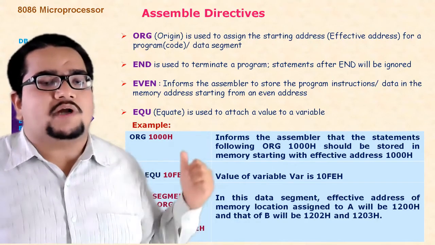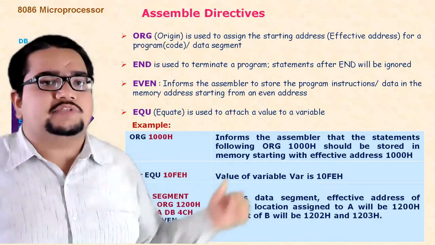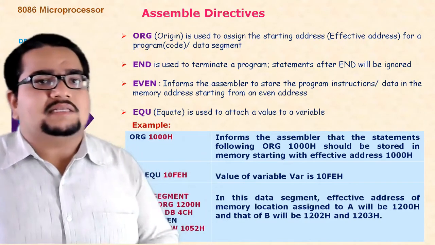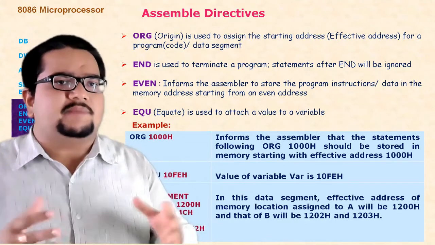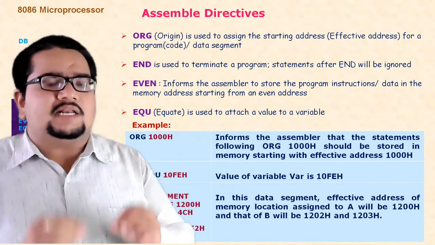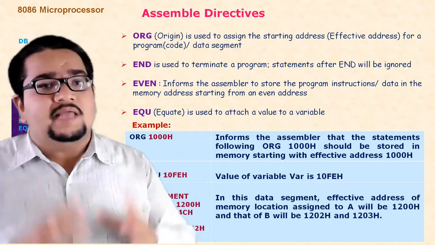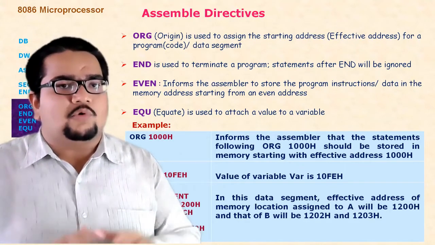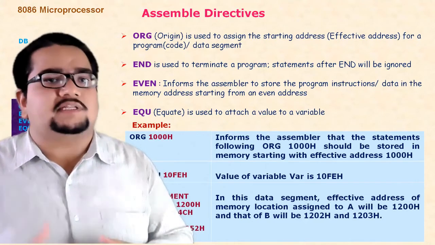Otherwise, if you are writing ORG in the data segment or extra segment or stack segment, in all those cases also, this becomes the effective address of that particular data. Now, another thing is END. So what does END mean? It's a general end. Suppose I write some label, I start that label and I want to end that label. Generally, after seeing the END instruction in assembly language programming, the assembler will assume that this is the proper end of that particular program, and nothing written after the END should be considered in the program.